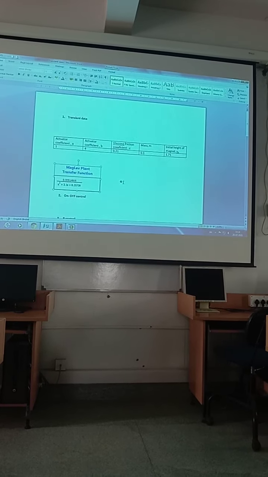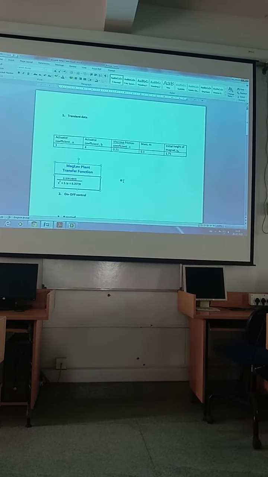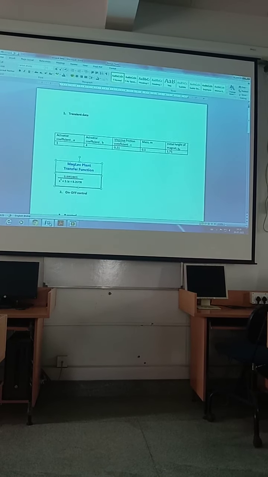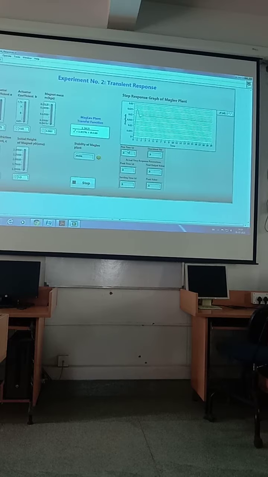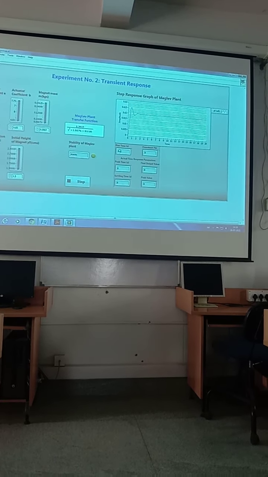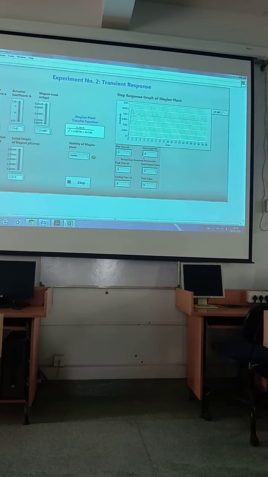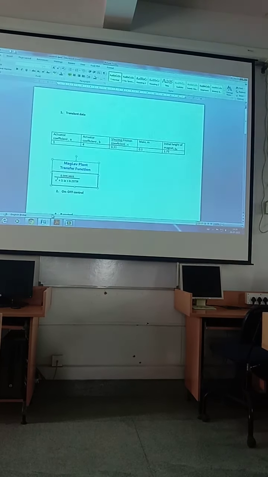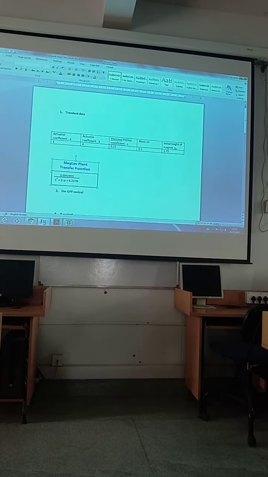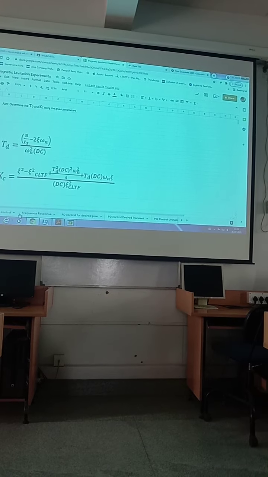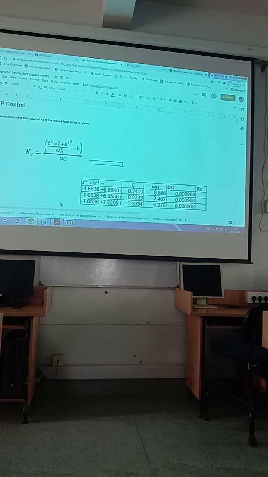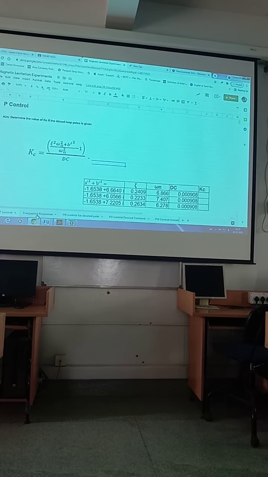What you are supposed to do is calculate these parameters, that is rise time, peak time, settling time, overshoot. All these things you have to calculate first. That is transient response, right?